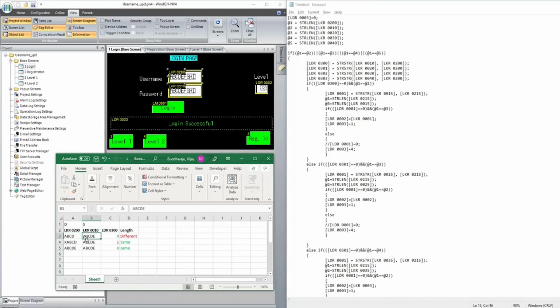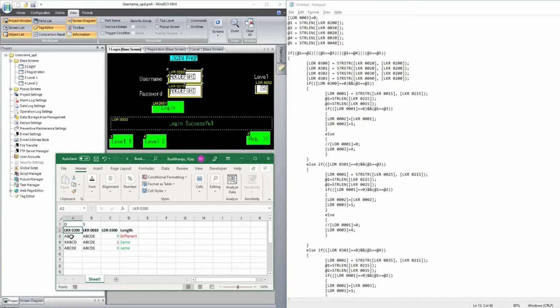Yes, ABCD is present, but where exactly is it starting from? It is starting from 0. A is matching with A, B with B, C with C, and D with D. So the starting location is 0, and it will throw 0.